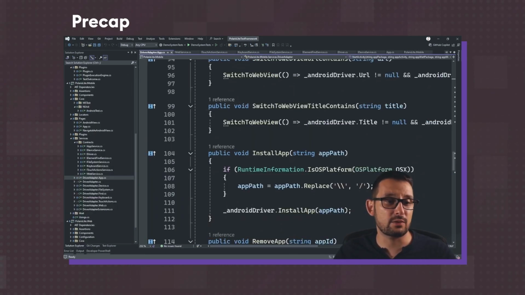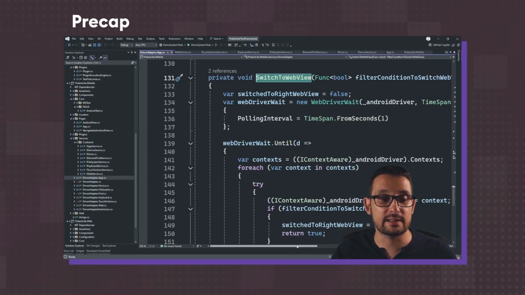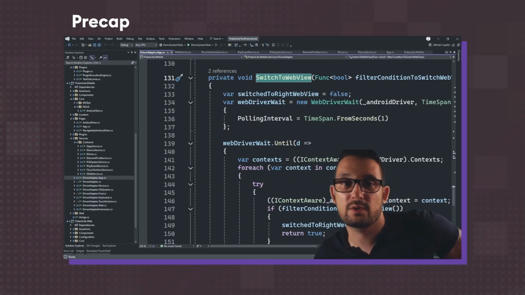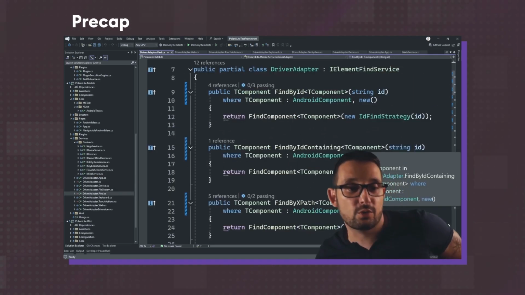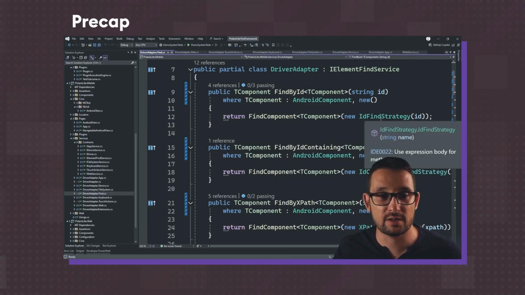Some of these methods also, we have this super advanced switch to web view that accepts a function to filter which is the correct web view that we need. But before doing that, we need to take a closer look at the implementation of these